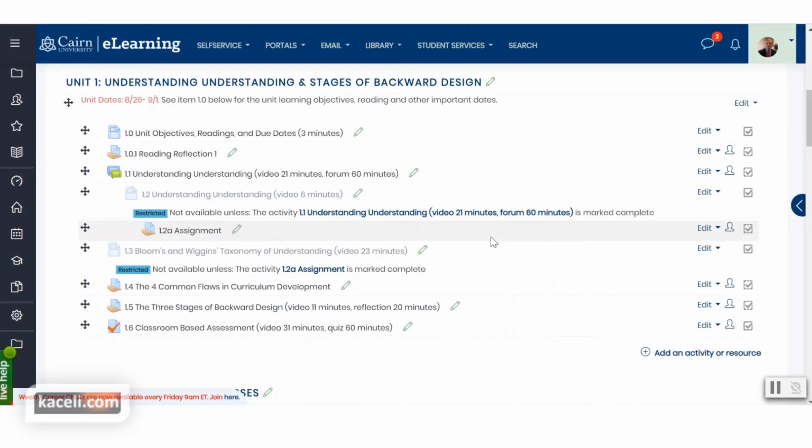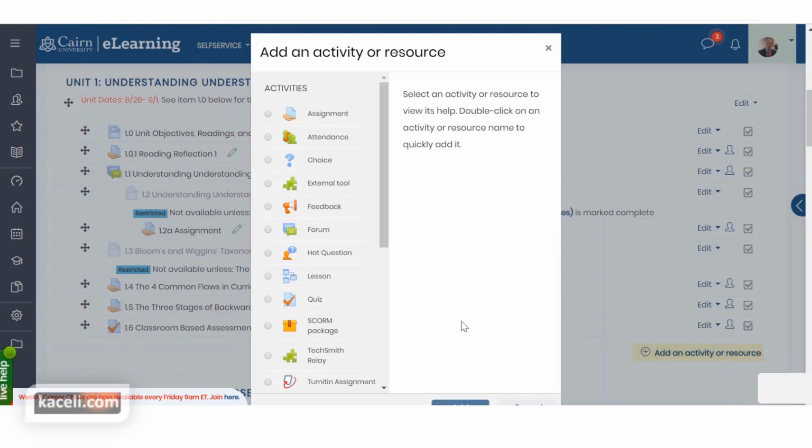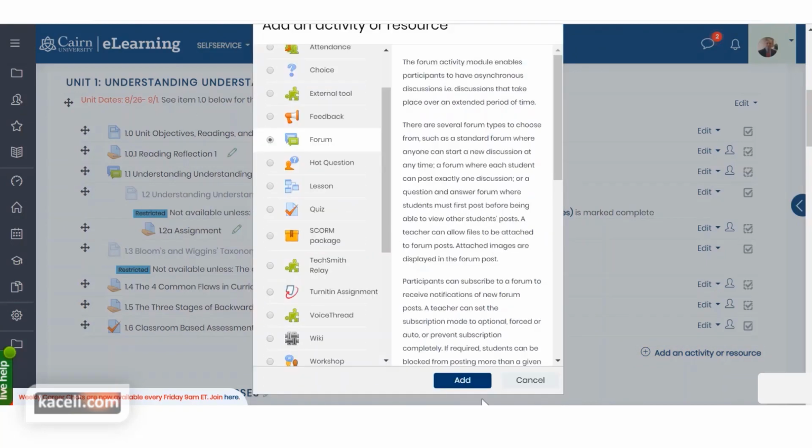In this session, I'll demonstrate how to configure forums in a course in Moodle or e-learning. So let's suppose that in our course here, we want to create a weekly forum for our students to discuss a specific topic and then for them to interact with one another. To do that, we could use the forum module within Moodle. We click here on Add an Activity or a Resource, and then we choose the forum option. Click on Add,